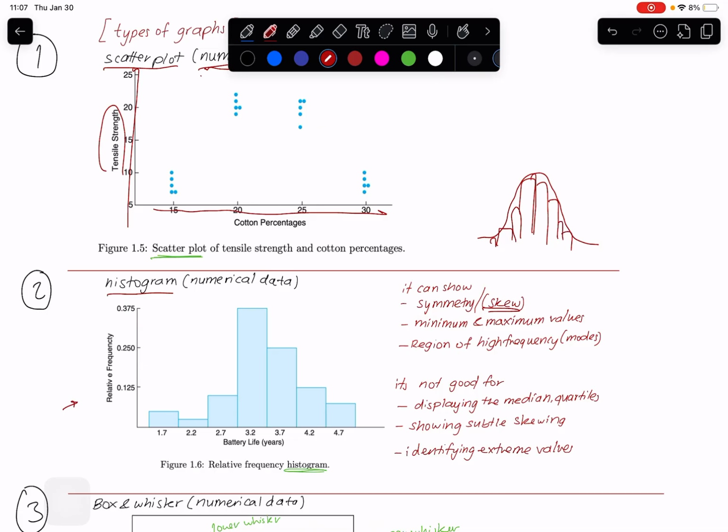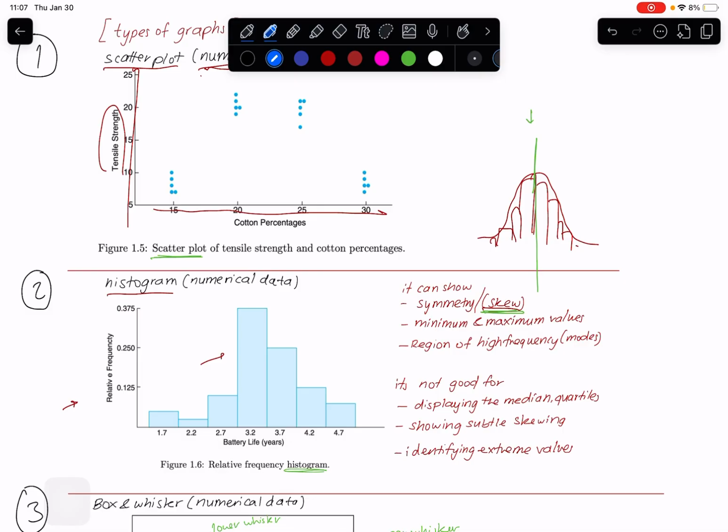I was saying I'm not the best at drawing. Anyway, there is a symmetry between the numerical data we get, and at the same time we can find the mean and the median at the center, because it's exactly a symmetrical graph. But if there is skewness, meaning a tilt either to the right or to the left, you can say it's